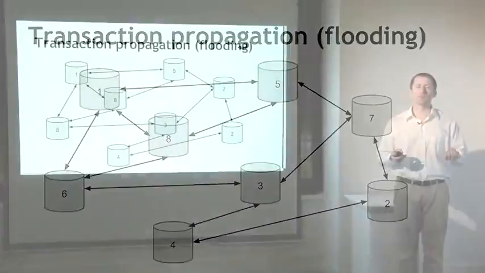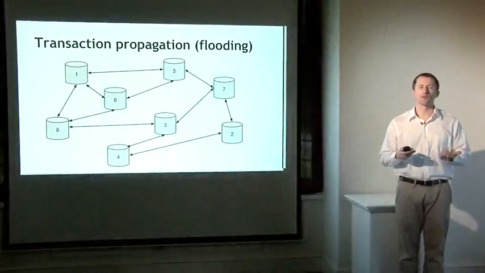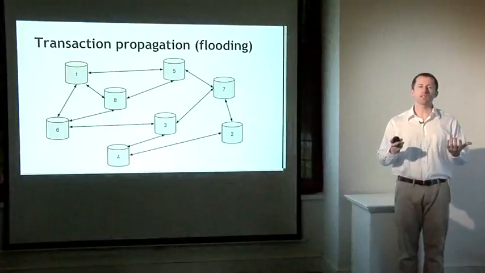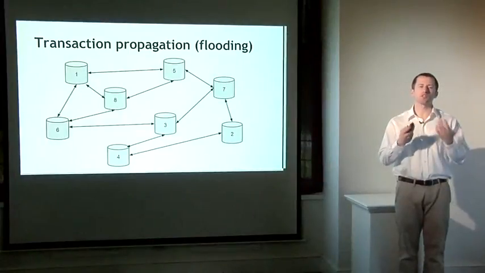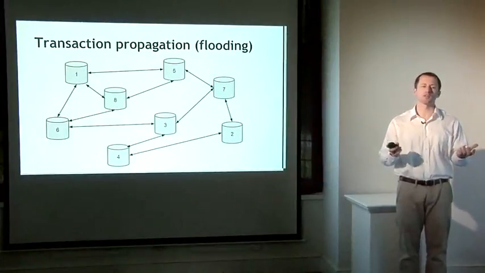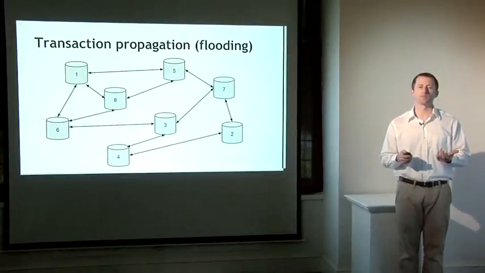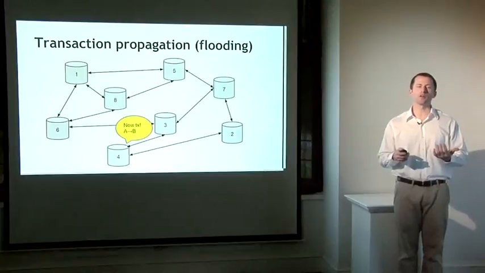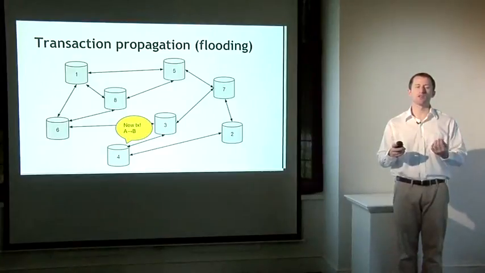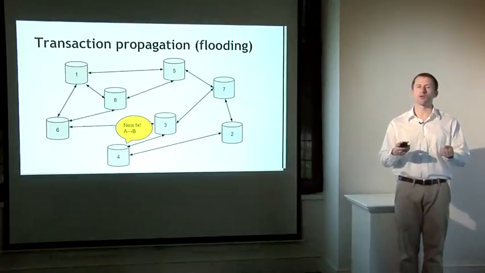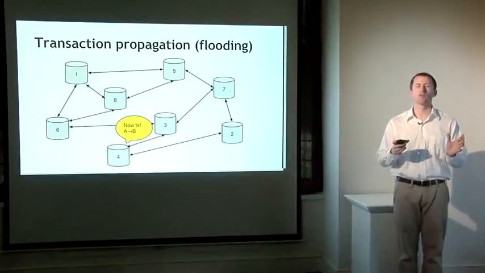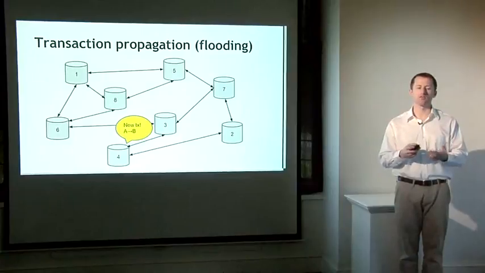So now that you're a member of the network, what is the network good for? Well, the network maintains the blockchain, so if you want to publish a transaction, you want to get the entire network to hear about it. And there's a simple flooding algorithm to make this happen. So let's say that node 4 here hears about a new transaction. So Alice wants to pay Bob some money. Alice creates a Bitcoin transaction and submits it to node 4. Or maybe her wallet software or her exchange does that on her behalf. But somehow this transaction gets to node 4.